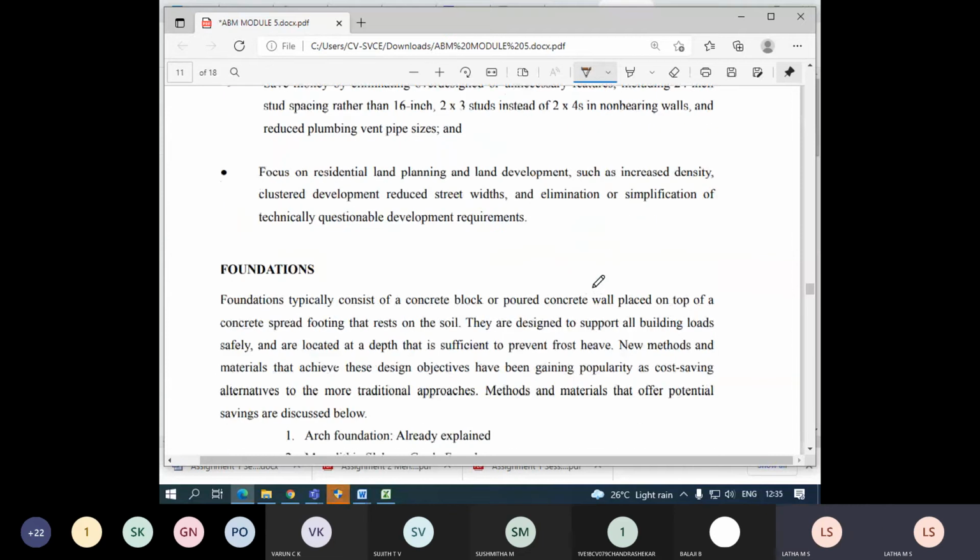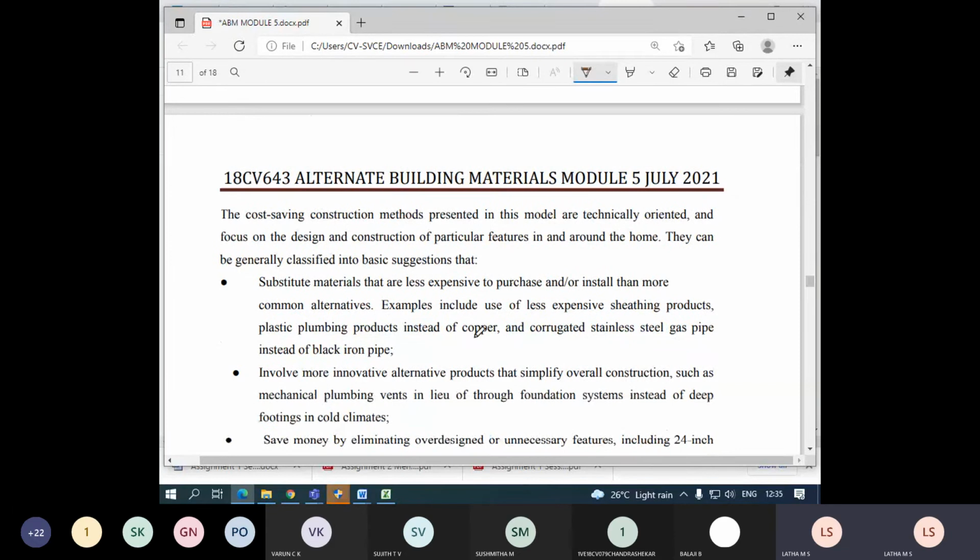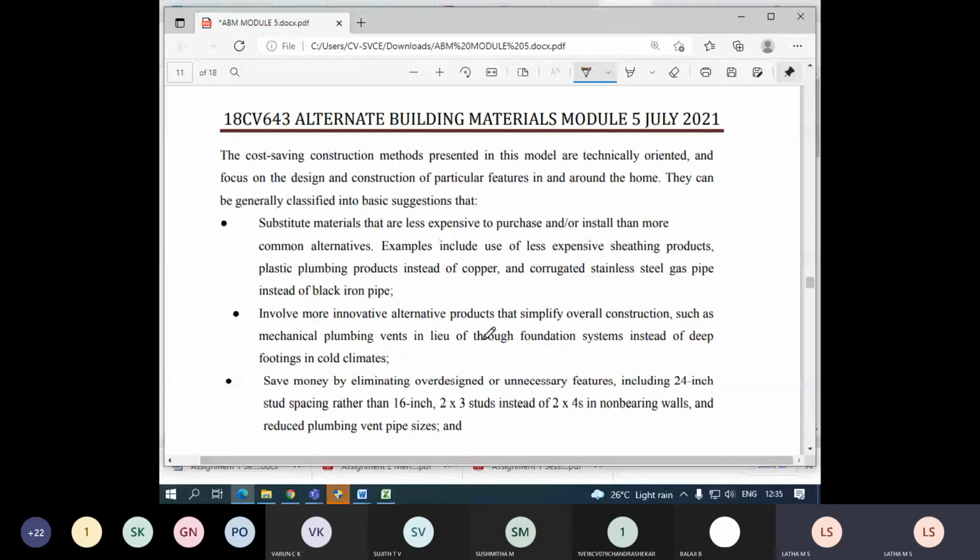Now coming to the point of cost effectiveness, there are basic inputs we have to understand where we can reduce the cost of construction. For example, substitute materials that are less expensive to purchase or to install than more common alternatives, isn't it?